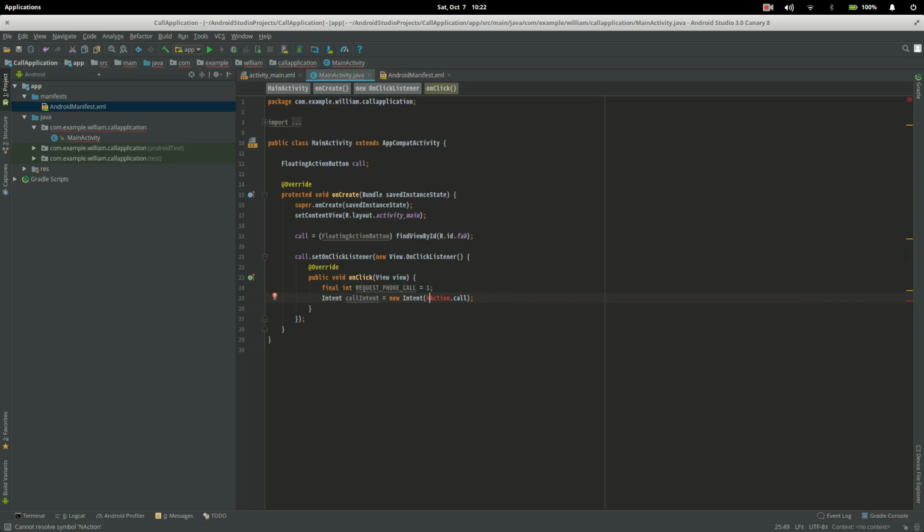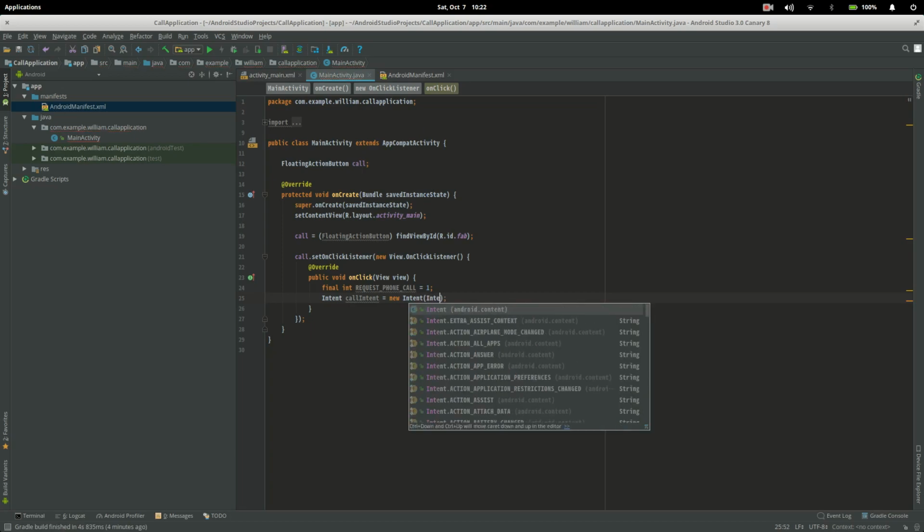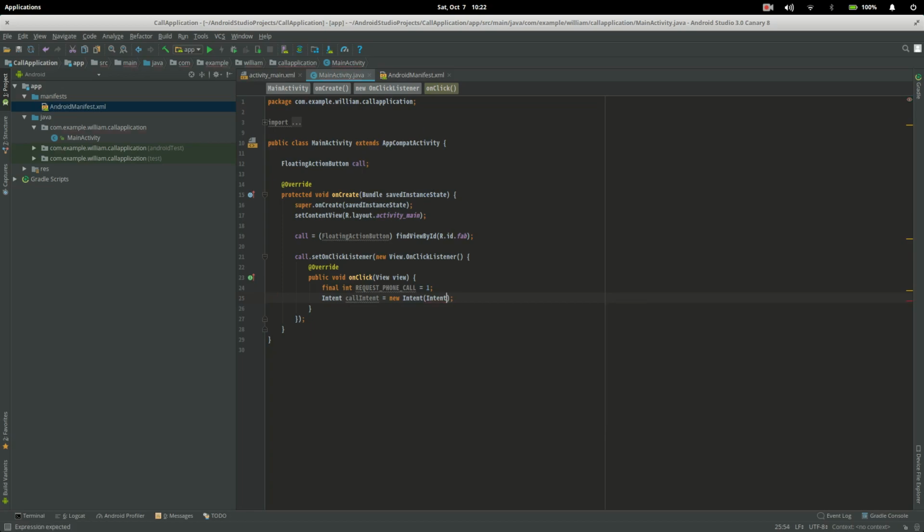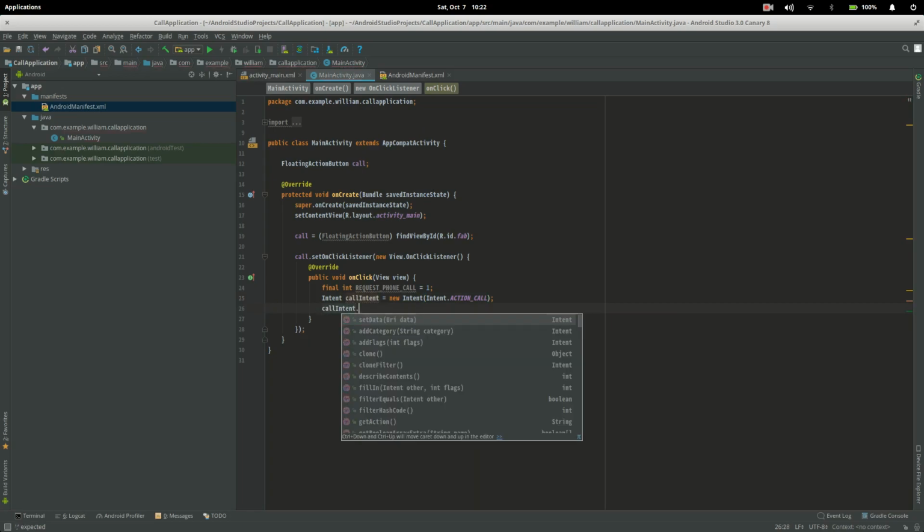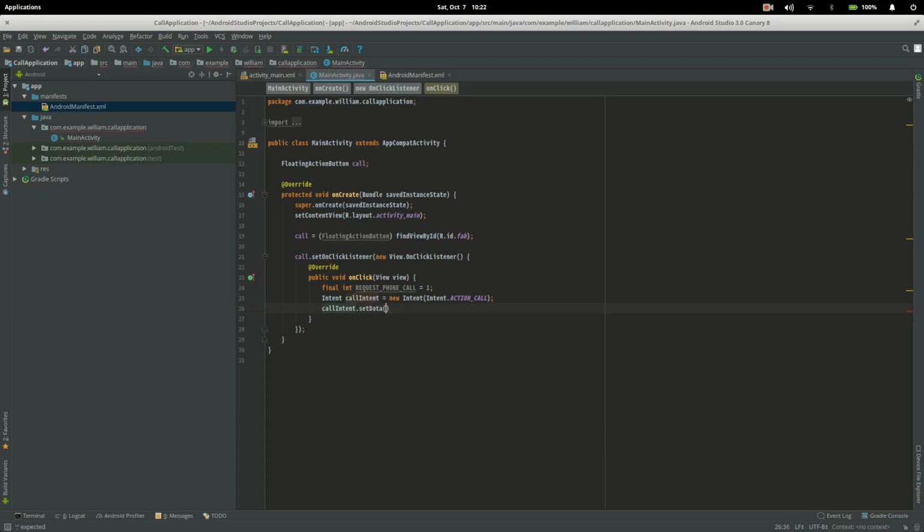Now we're going to do intent.ACTION_CALL. There we go. Sorry about that little mishap, and let's continue. So we're going to do callIntent, which we've just set right above this, dot setData. It's going to ask for a URI, so we're going to do Uri.parse,